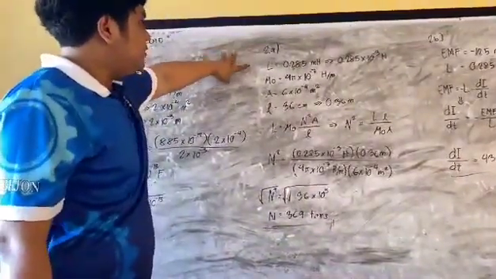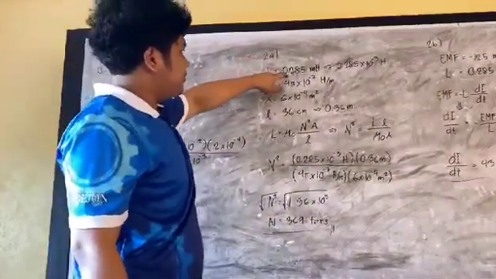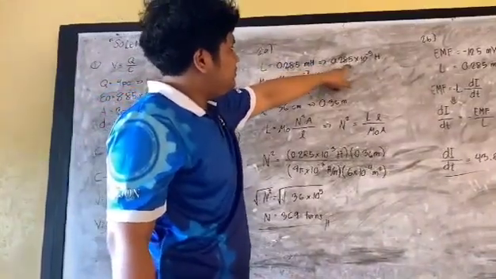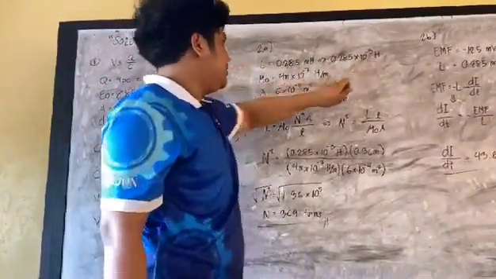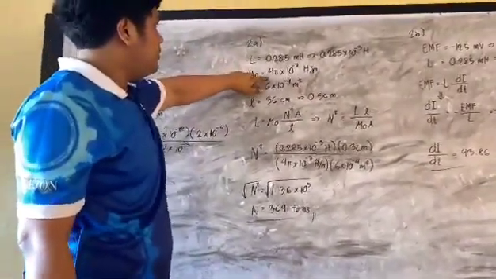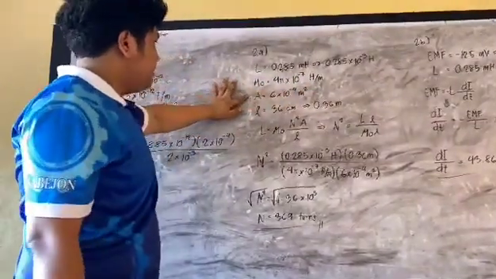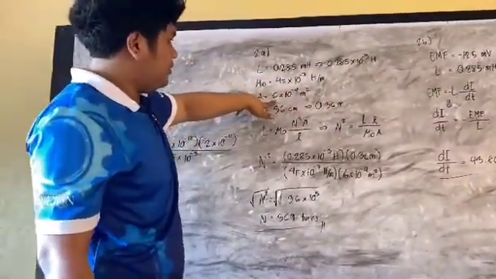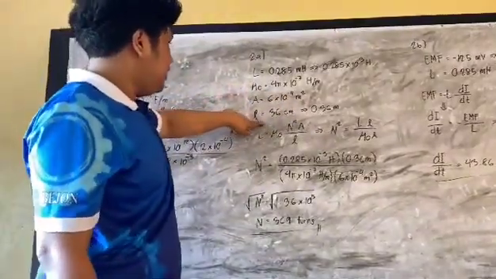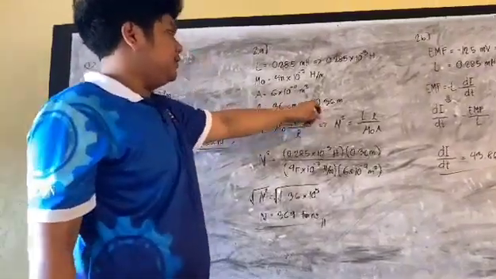We will solve for the N. So we have the given inductance, or L, which is equal to 0.285 millihenry or 0.285 times 10 to the negative 3 Henry. Then we have the permeability of free space, or mu-naught, which is equal to 4 pi times 10 to the negative 7 Henry over meter. We have the area, which is 6 times 10 to the negative 4 meters squared. Then we have the length, or small l, which is equal to 36 centimeters or 0.36 meter.